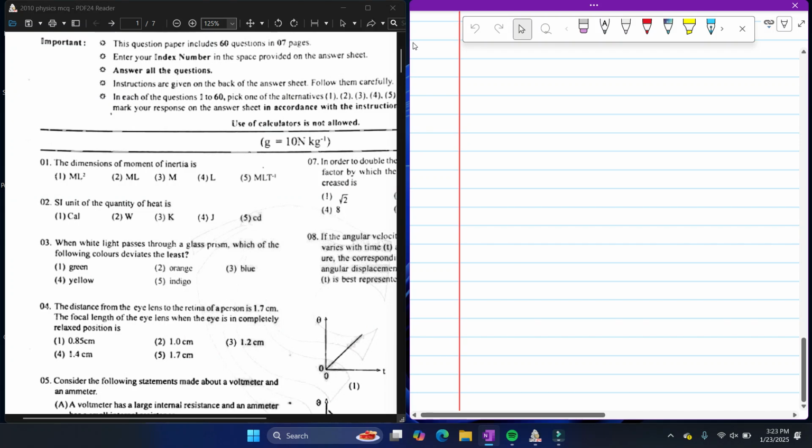Okay, today we will be discussing the 2010 Physics MCQ paper and without any further delay, we'll start with the first question itself. The dimensions of moment of inertia is